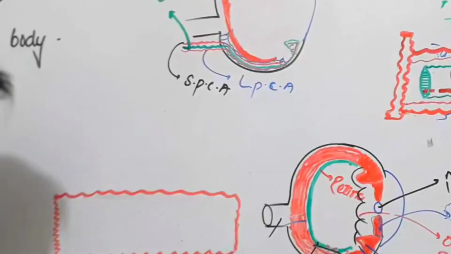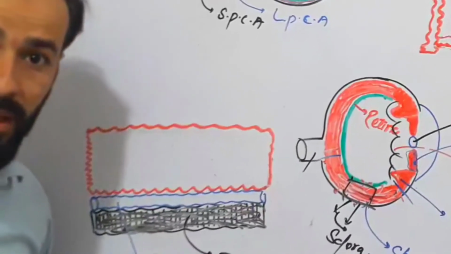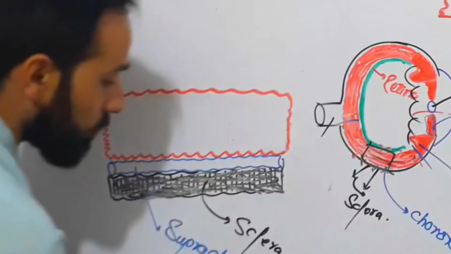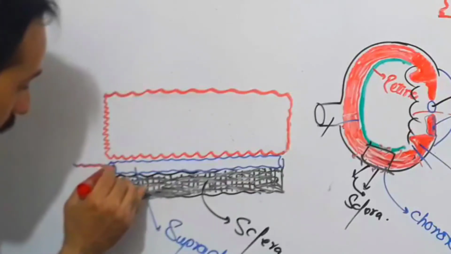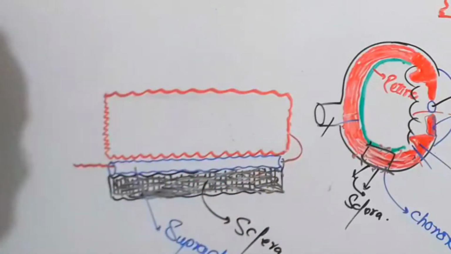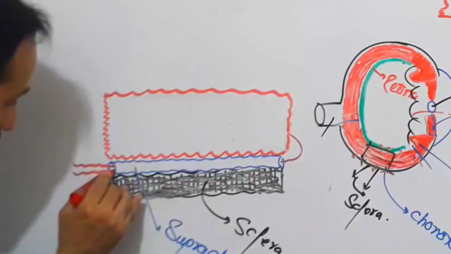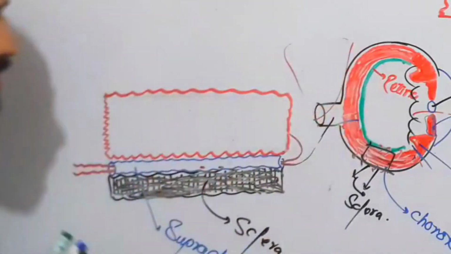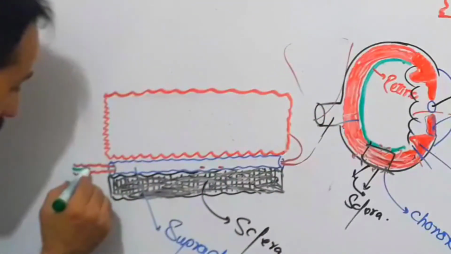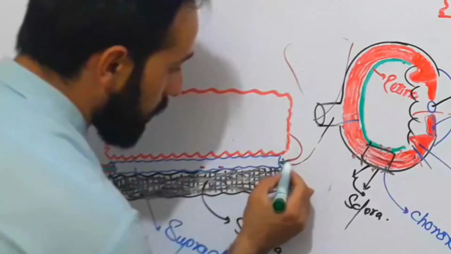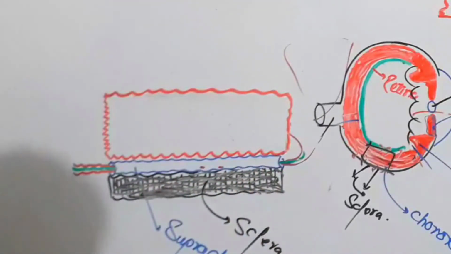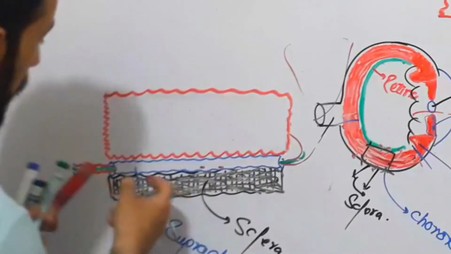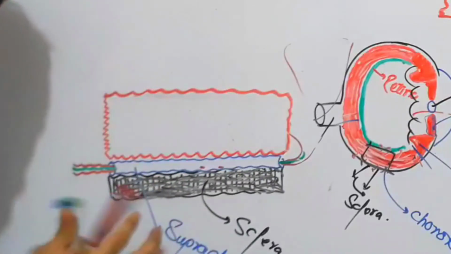So we cannot ignore the suprachoroidal lamina. We should know that from the posterior aspects of the eye, what passes through the suprachoroidal lamina? The short ciliary arteries enter and come out, right? And the long ciliary arteries enter and they come out and go towards the ciliary body, right? And the short ciliary nerves also enter and they come out like this, right? Done. So all these structures are going there.